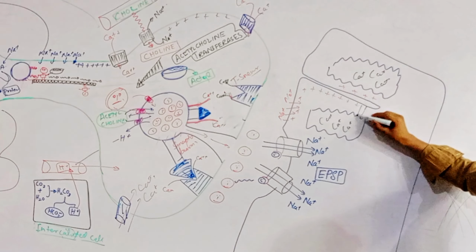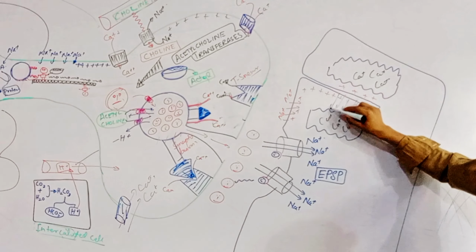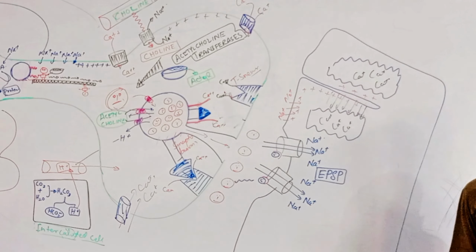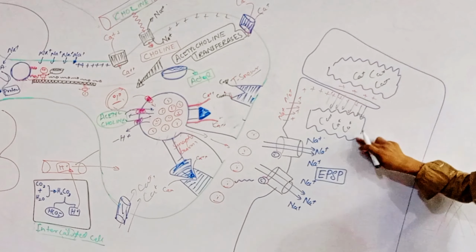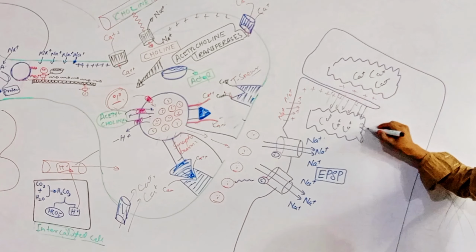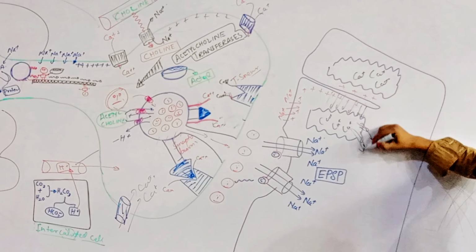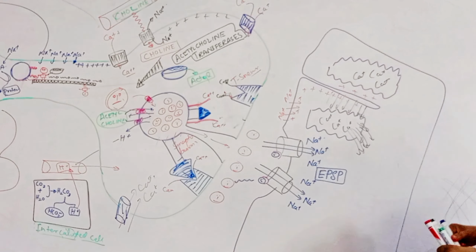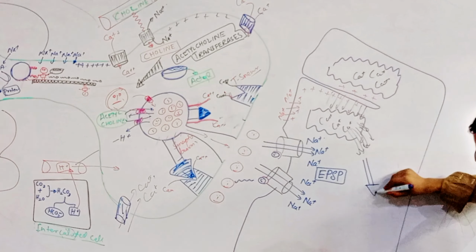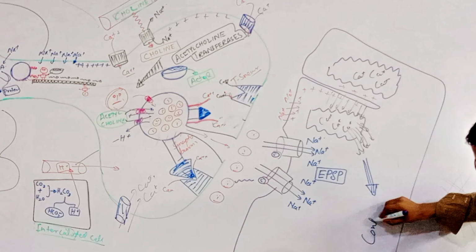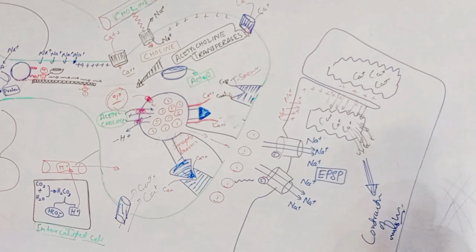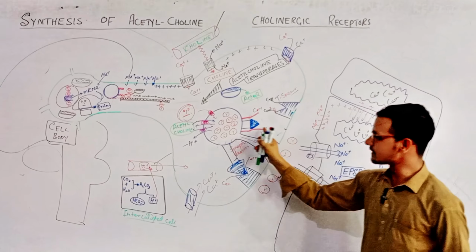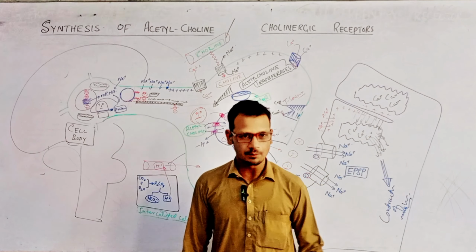right? And when it activates the dihydropyridine proteins, they have ryanodine proteins, it opens the channels into the cytoplasm and this calcium goes outside and here contraction of muscles occurs, contraction of muscles, right? This is the neuromuscular junction also, and this is the action of acetylcholine and this is the synthesis of acetylcholine. But